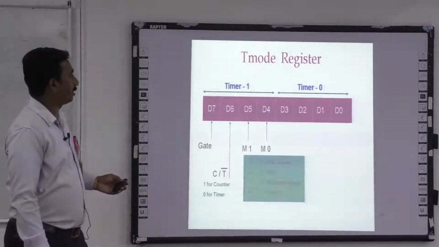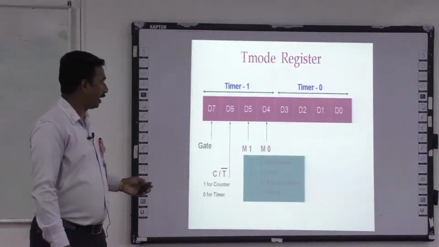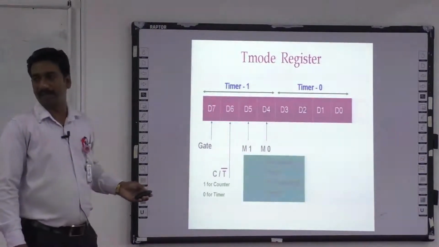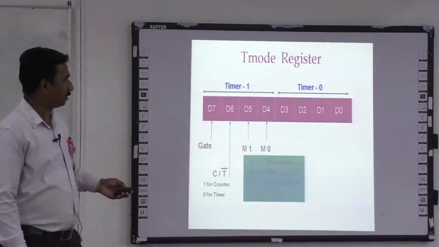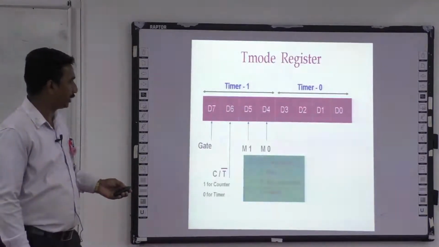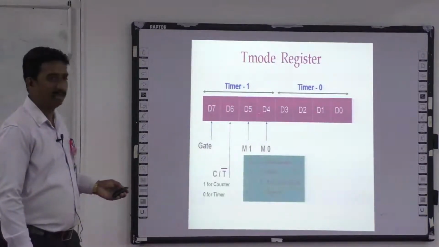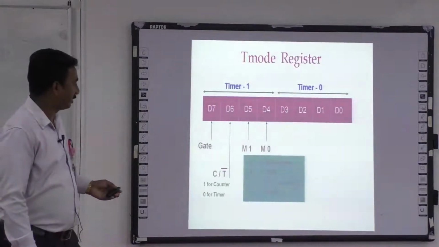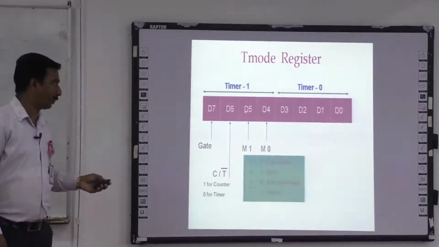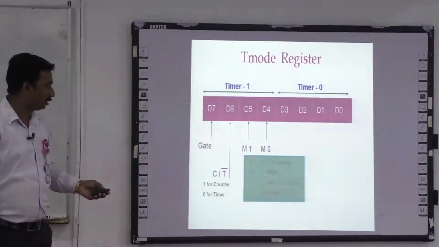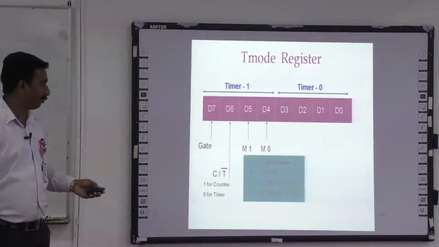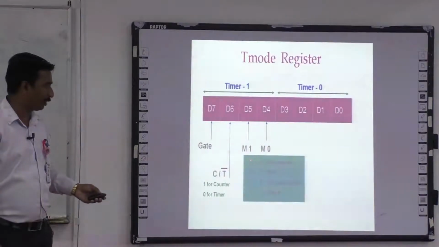And next one is timer mode register. And here we can see 2 timers are here, timer 0 and timer 1. Timer 0 means D0, D1, D2, D3. And timer 1 is D4, D5, D6, D7. 2 timers are provided, and here which timer we can select is based upon the selection of M0 and M1. So M0 and M1 is given here,